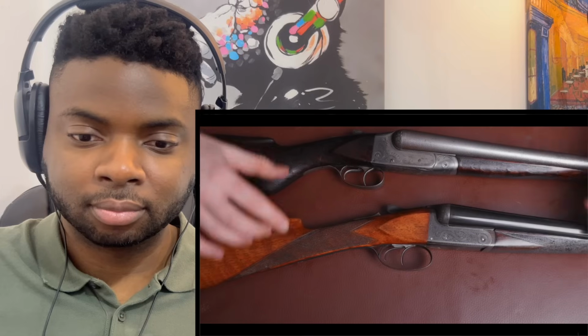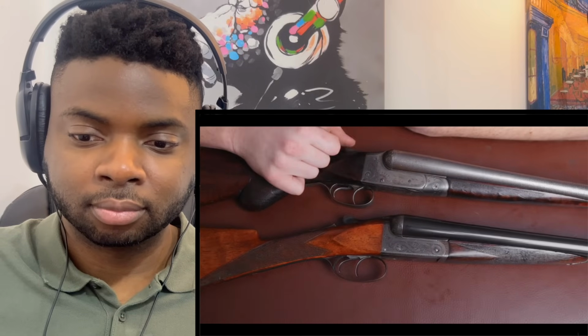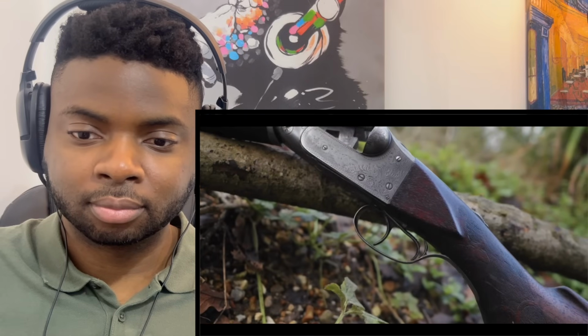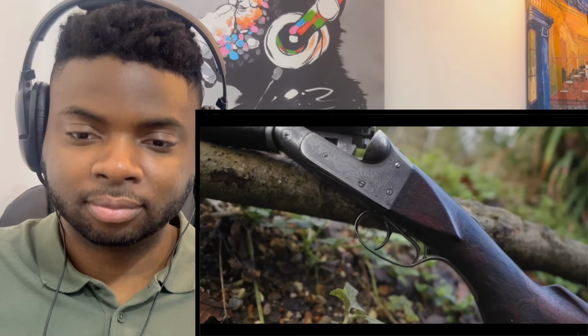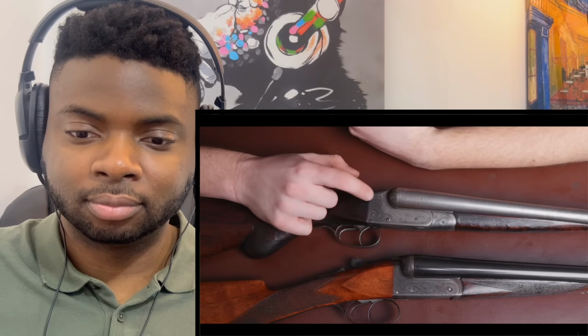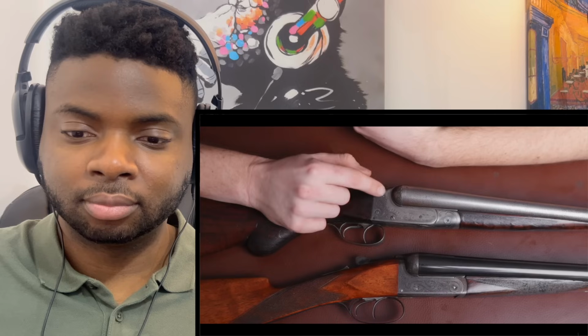The engraving is different. Again, engraving-wise, this gun doesn't deserve to be in this fight. It is a fine piece of engraving. That weave on the border, the scroll, the game scenes, all of it is actually really beautifully done. It's very un-English. You wouldn't potentially see scenes like this on English guns of the era. You may see game scenes, but you'll rarely see this